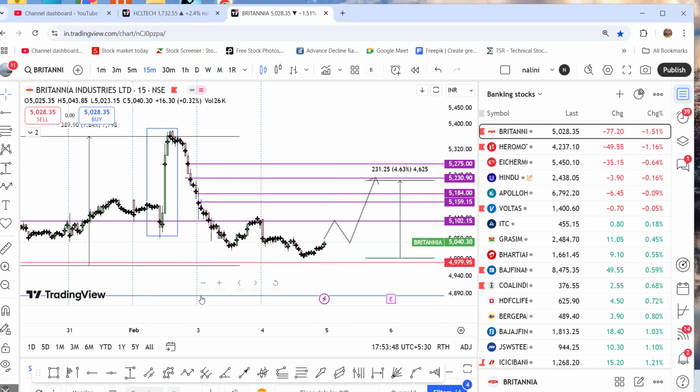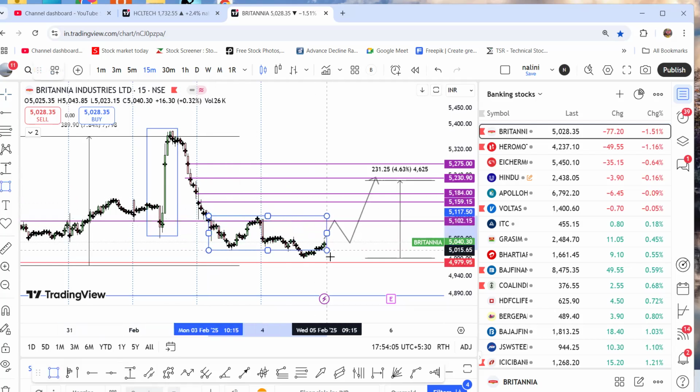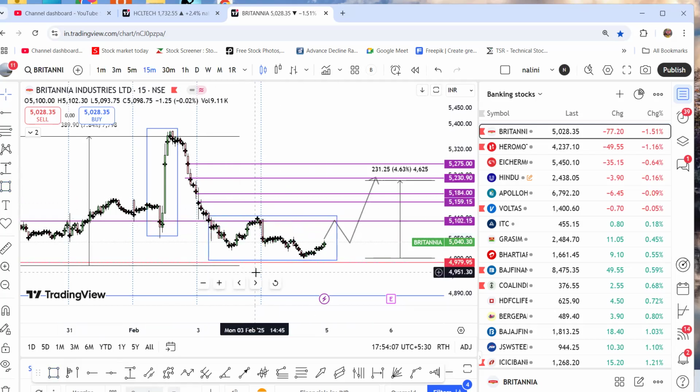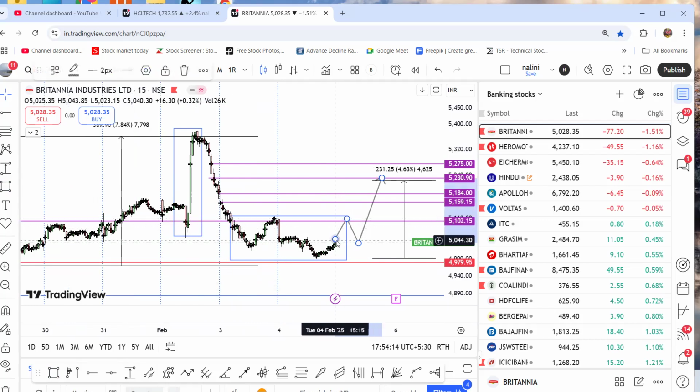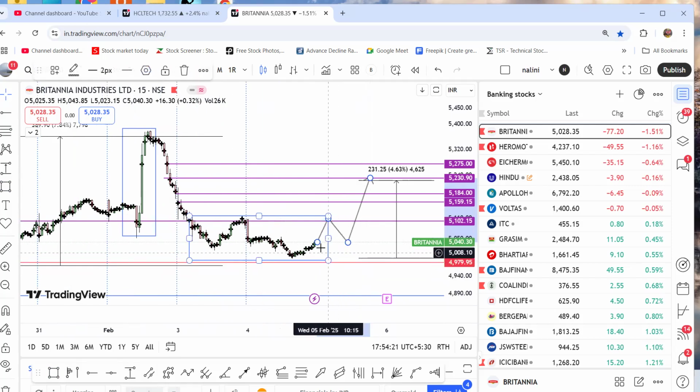See, when it is making this, it is a box. It is preparing a box, this is the box, range box. It is preparing its range box. When it comes to range high and range low, it can make an attempt to move to the range high, and if it makes a down move, probably tomorrow